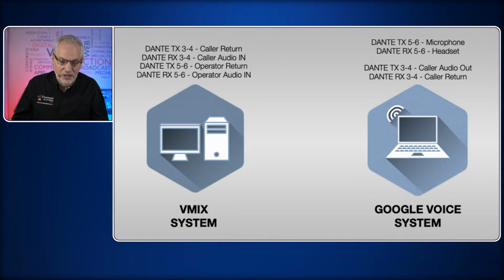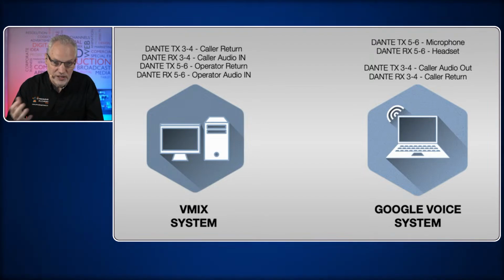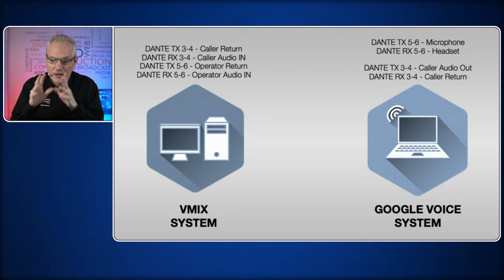On the vMix system, we are doing something very similar. We are setting up audio inputs on vMix, which I'll jump to in a second, and we are taking those in through Dante channels, and then we are routing 2 audio buses out of vMix on the channels 3 and 4 and 5 and 6 to send those back to the caller system. That's really how we're doing that, and we use a utility that Audinate makes available called Dante Controller that lets you do the patching to make all these connections. But if I jump into my vMix screen here,